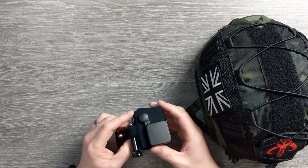I've covered the GoPro in some sticky fabric. This is actually KT tape, which is used for treating sports injuries and stuff like that. If you've ever had to use KT tape on your skin, it sticks pretty well. Just gives it a nice matte finish. And when I eventually get game footage together and out there, and when I figure out how to successfully do it and get some good video quality,